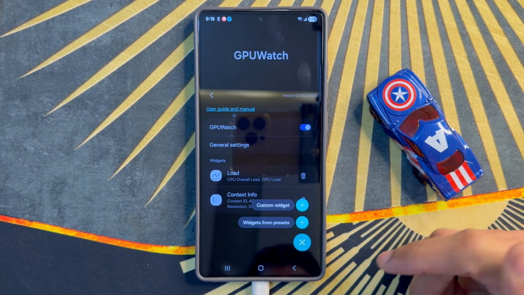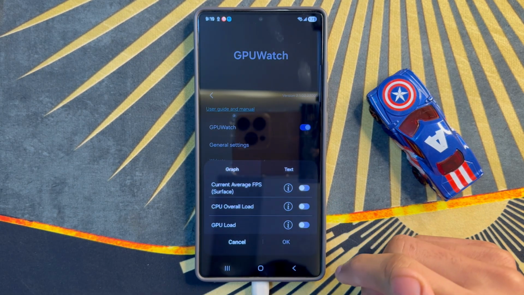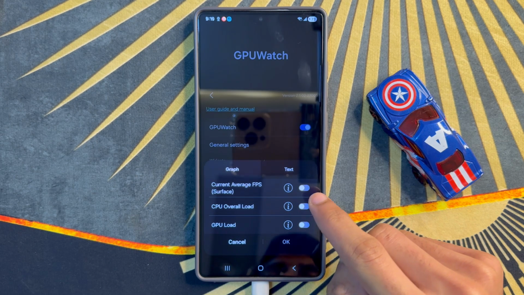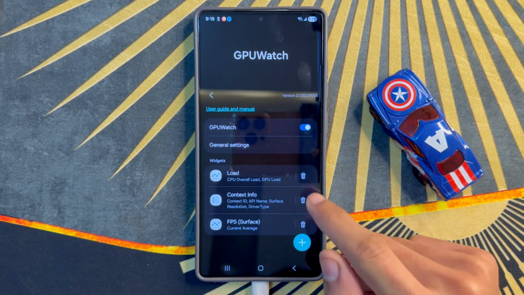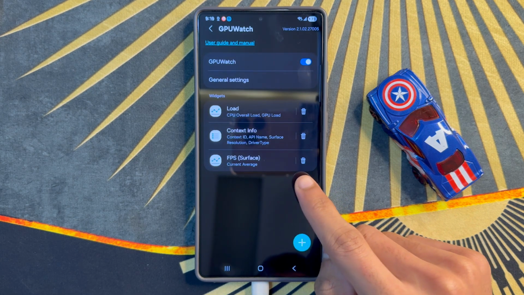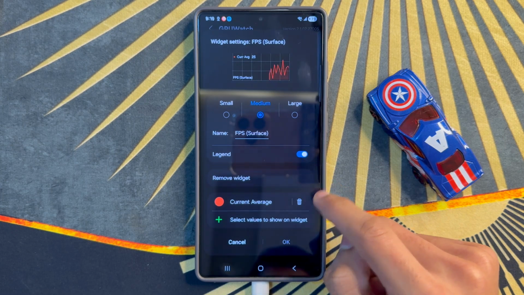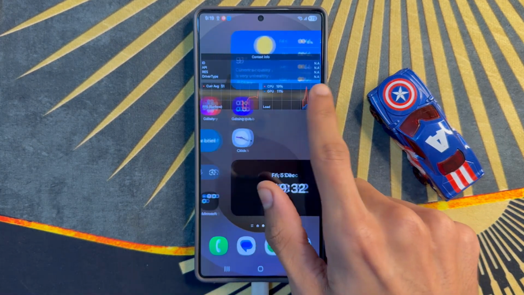After clicking on this plus icon, click on Custom widget. After clicking on Custom widget, if you want to add the FPS suffix, turn on this button and click on OK. After clicking on OK, you will see the FPS suffix is here. After the process, go back to the home screen, you will see